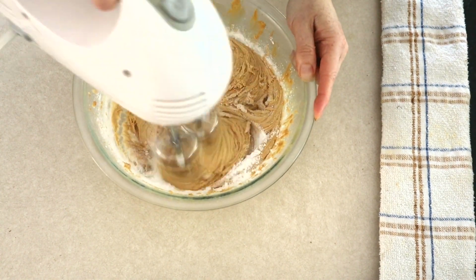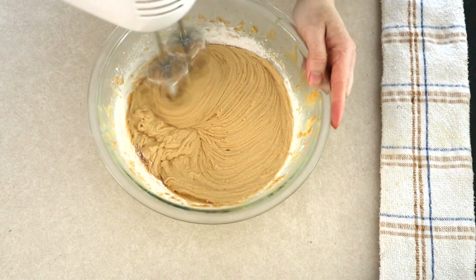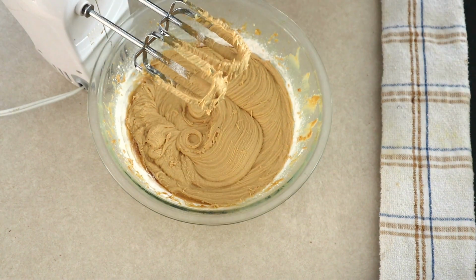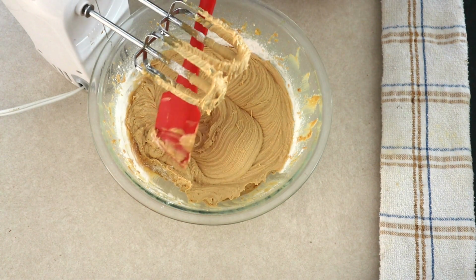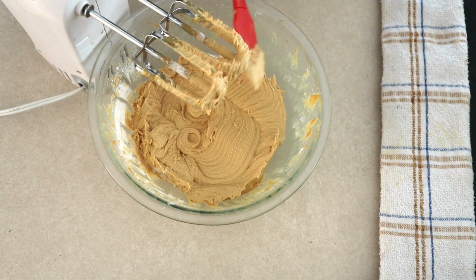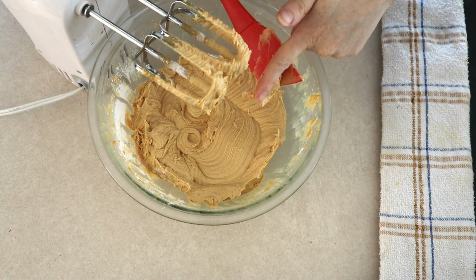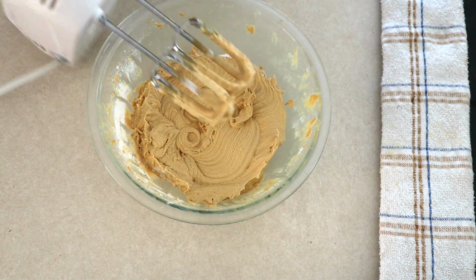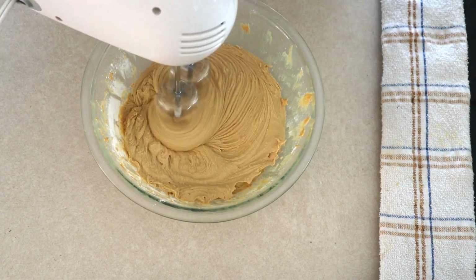So add a little bit, let it beat in, then add a little bit more and let it beat in until all 125 grams have been added and are fully combined. If you need to, you can stop your mixer and scrape down the sides of the bowl as needed. Once the sweetener is fully added, then increase your speed to medium-low and beat for about 30 seconds or so,